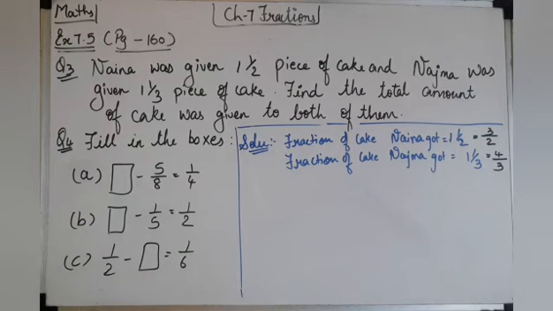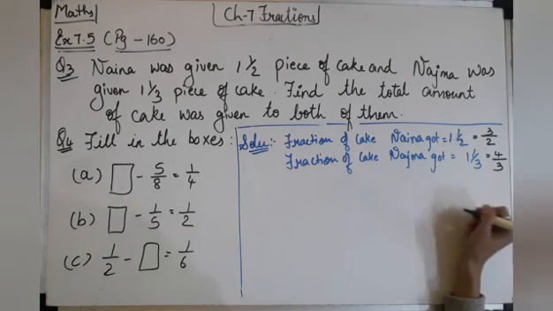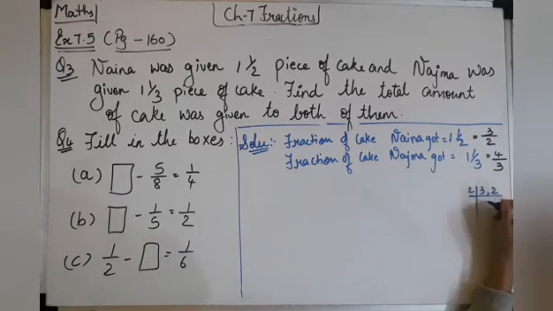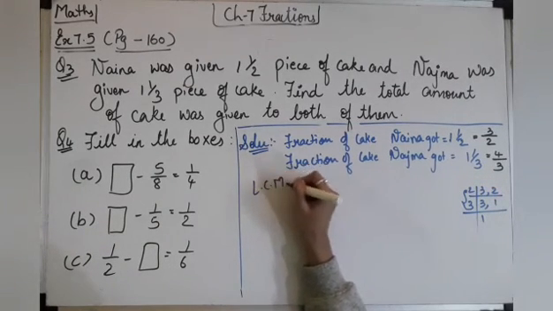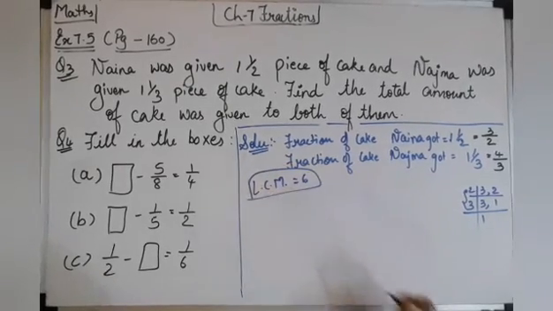So here what will we do? Here we will take out the LCM, right? If we take out the LCM of 3 and 2, 2 table 3 is not coming. So write down 3 like that only, and 2 ones are 2, and then 3 ones are 3. 2 threes are 6. So we got the LCM 6. Okay. Now we will solve further.